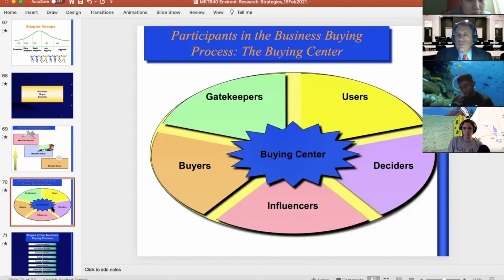The big difference between B2B and B2C is that B2B is much more structured and organized. There are people that play a role: the one that buys, the one that makes the order, the one that has the money, the one that will use the product. So B2B is more formalized, if you want.